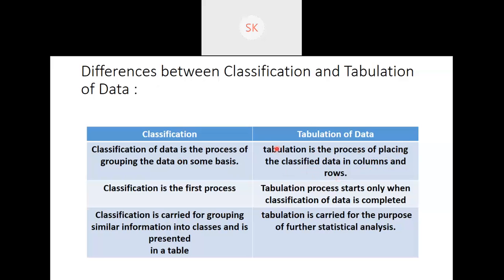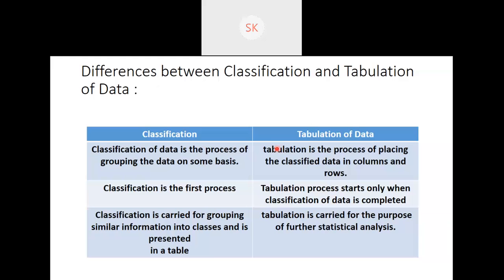Now in our attendance sheet, if I divide the class into boys and girls and I randomly write down your numbers, I don't even know the names, I just write down, okay, 6 girls in class and 6 boys in class, for example. If I just write down like this, that is classification.